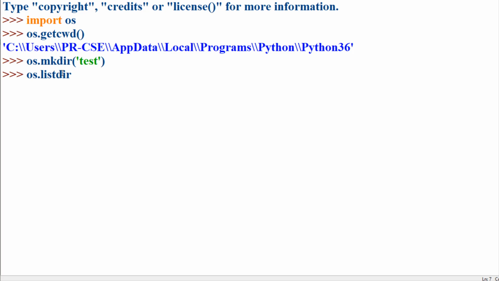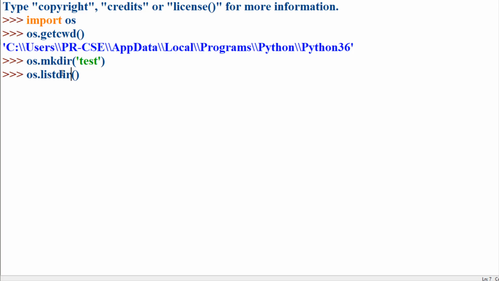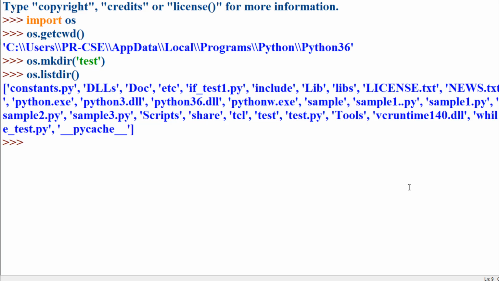You can get the list of files that are available in the current path by using the method listdir. This method allows you to get the list of all the files that are available in the current directory. Here you can observe that a directory with the name test has been created. Test is the directory that has been recently created, and you can use the method